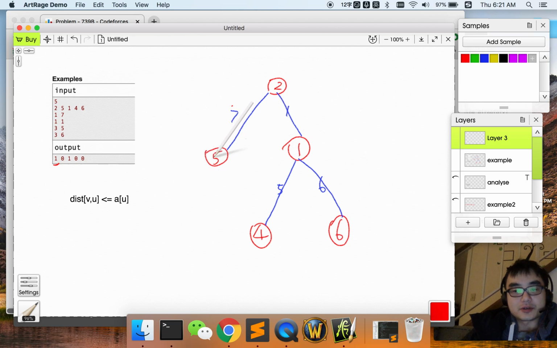What does control mean? So the controlled node is U here, and the controller is V here, and the value of the controlled node is greater than or equal to the distance between the controller and the controlled node. So for example,